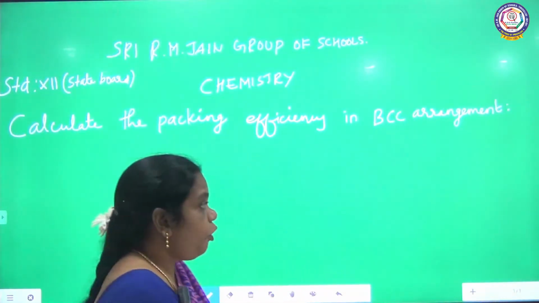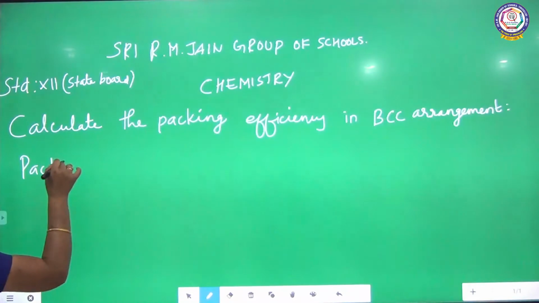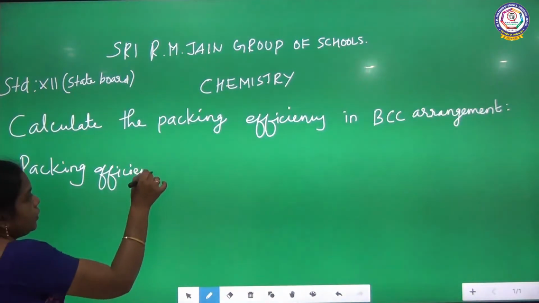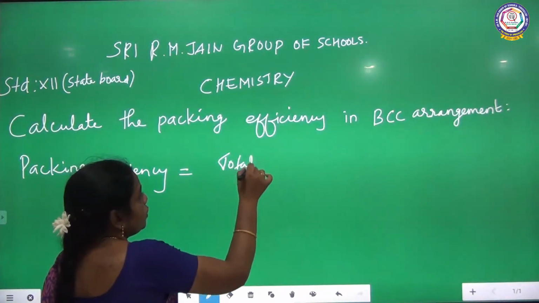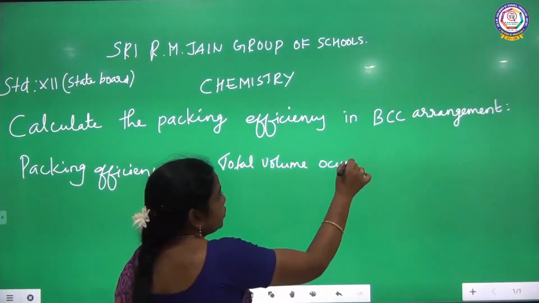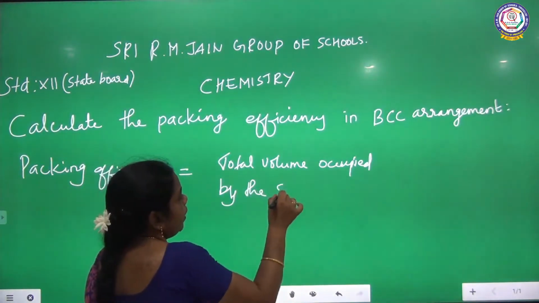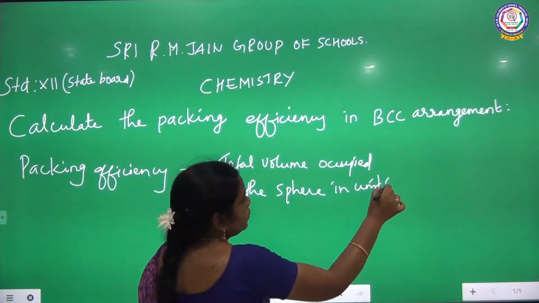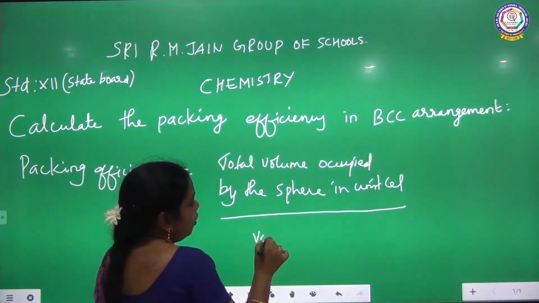Today's class we are going to learn about the packing efficiency of body center cubic lattice. So what is the formula for the packing efficiency? Packing efficiency of BCC is total volume occupied by the sphere in unit cell divided by volume of the unit cell